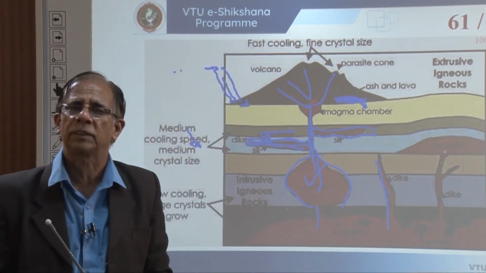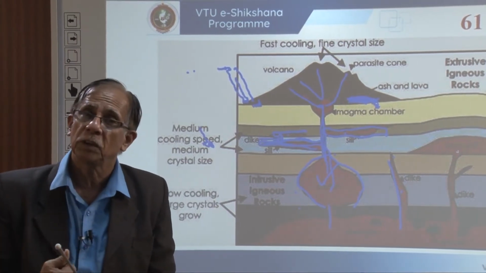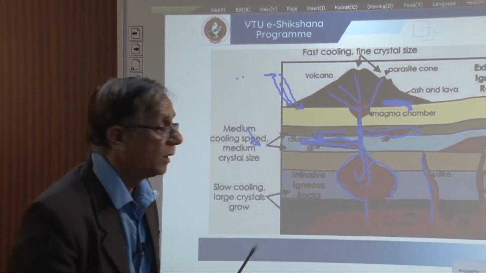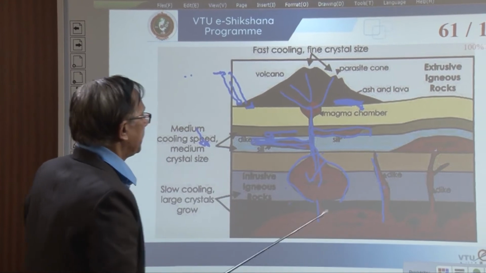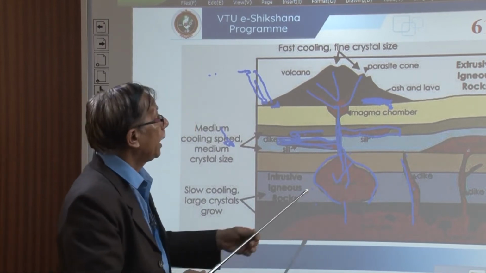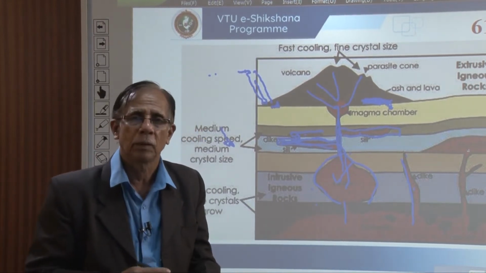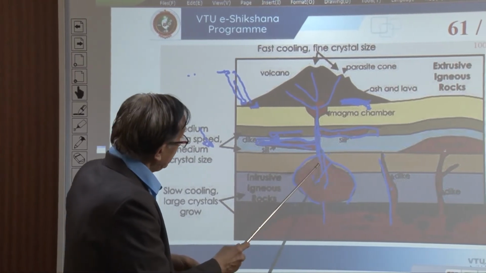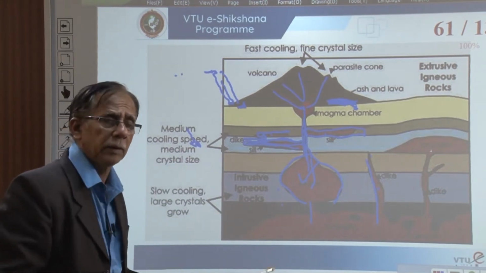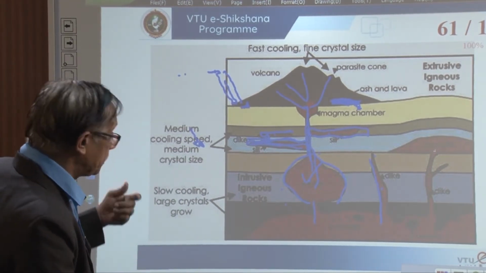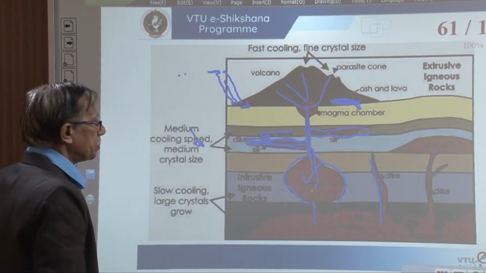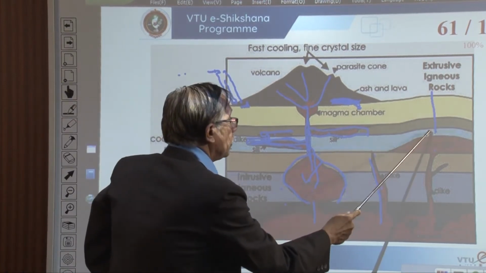It's a problem for us. But they are wonderful resources. If I can locate them where they are, then we are so much benefited. So, mode of occurrence poses a challenge: if they are hidden, how do I locate them? If they are of different form, yes, I am benefited by how much quantity of rock I can get. In this simple diagram, I am trying to explain the different modes of occurrence and the challenges posed by them